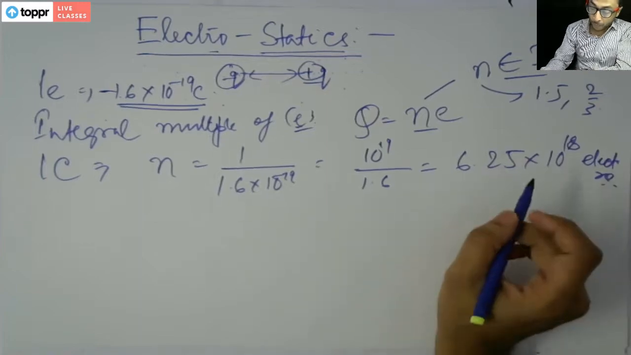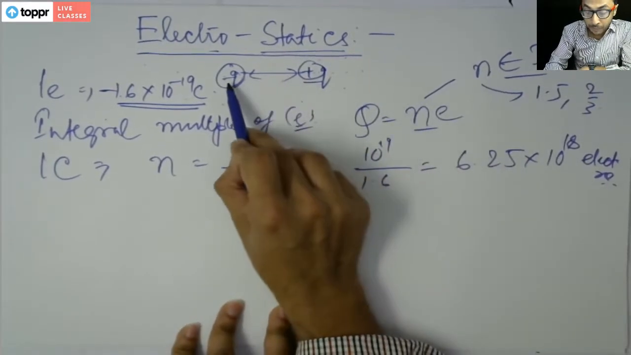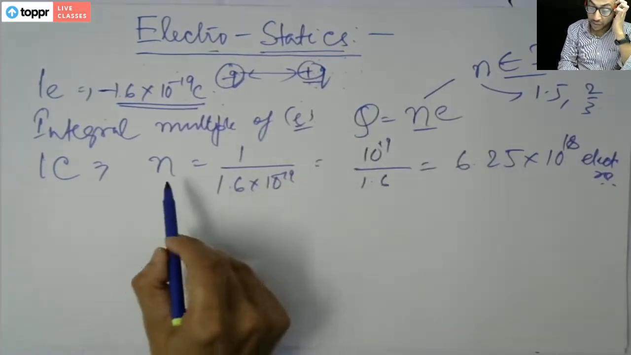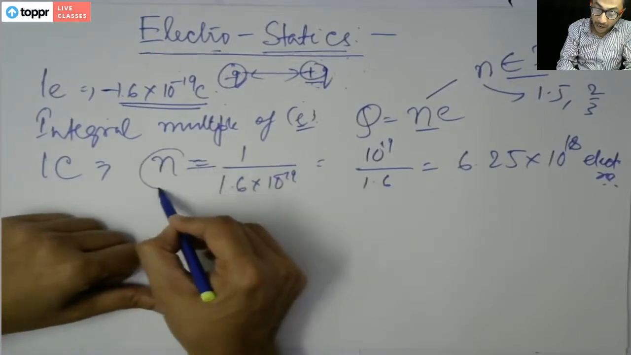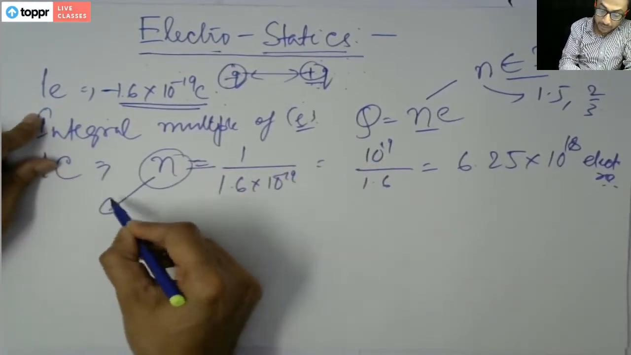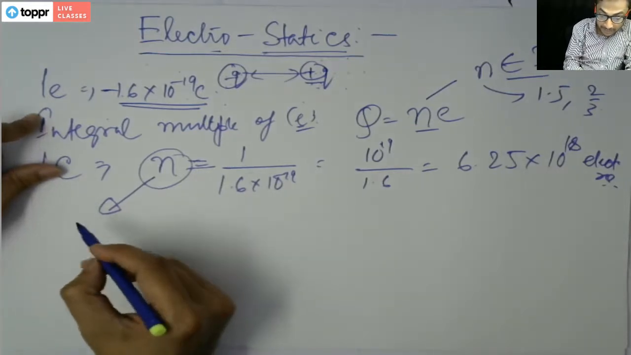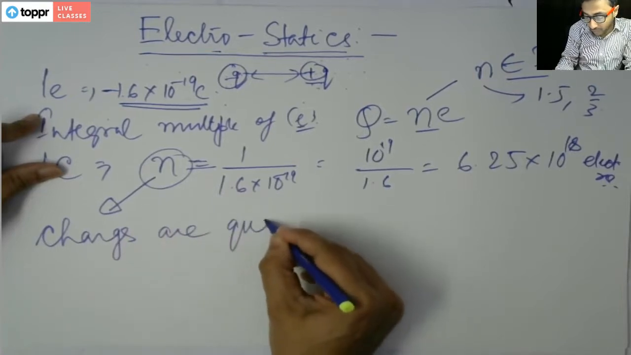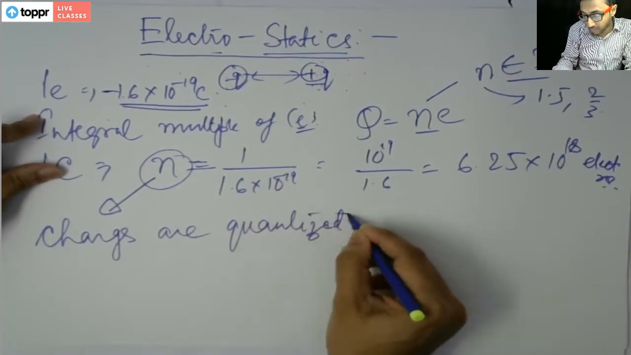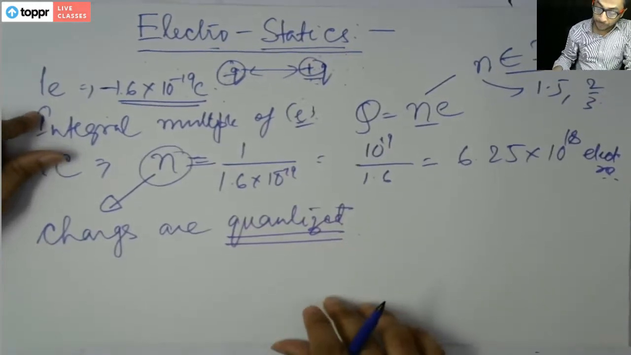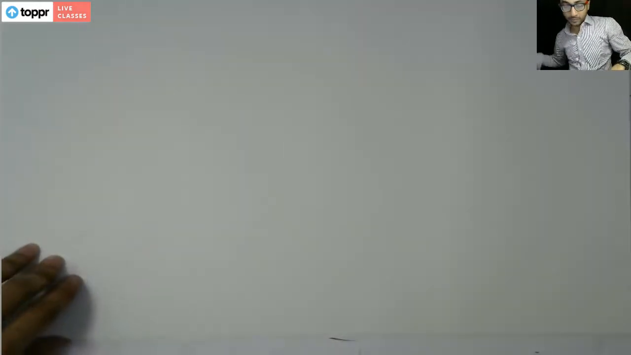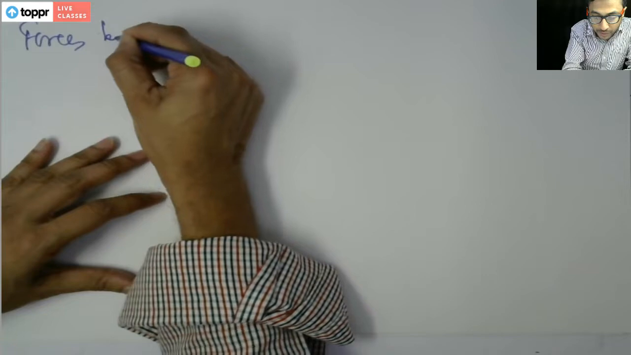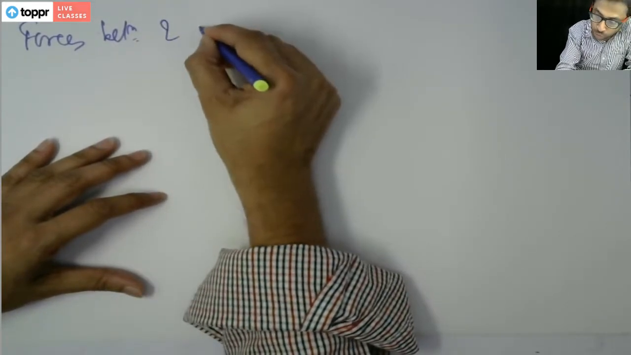Now we are talking about the charges and the forces between these charges. Whatever charges we talk about are integral multiples. Integral multiple has another name: the charges are quantized. Okay, now for the forces between two charges,